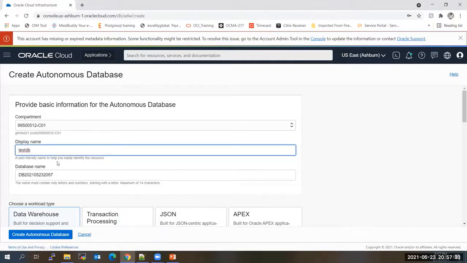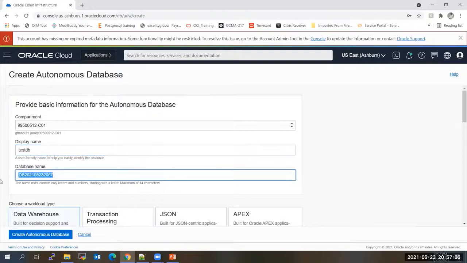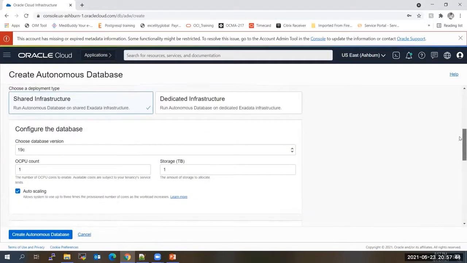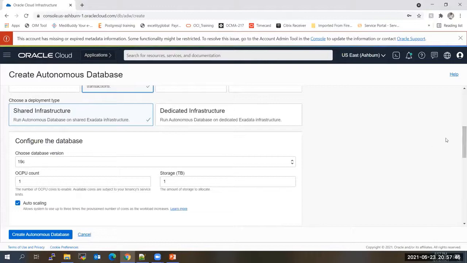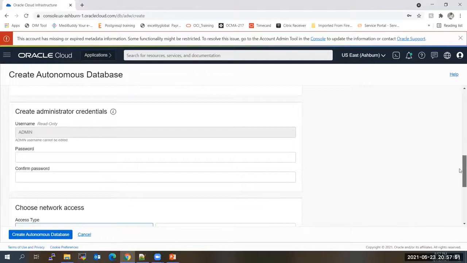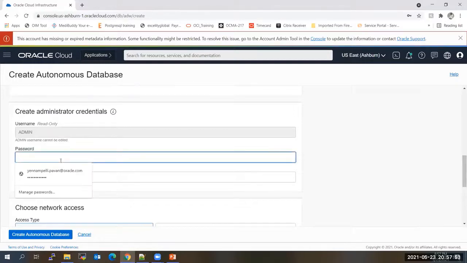I'm giving the database name as testdb. And I'm selecting autonomous transaction processing database. I'm using a shared infrastructure. The version is 19c. Give the admin password here.